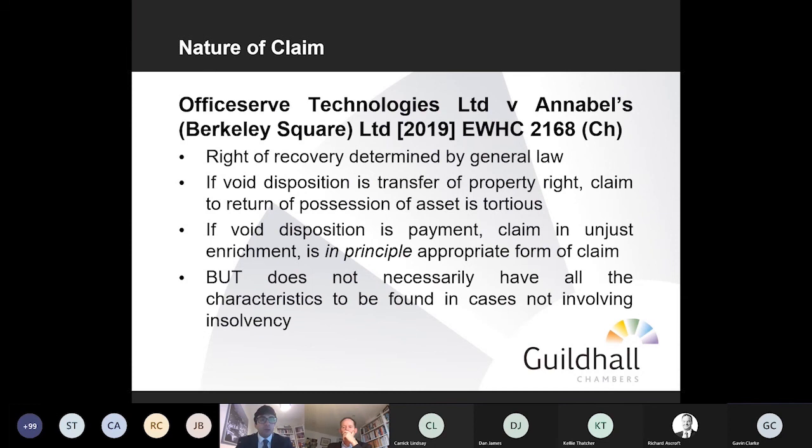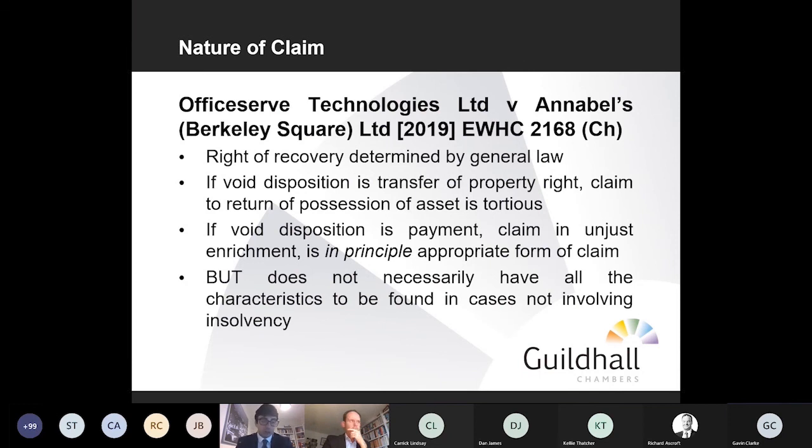In principle, what you will do is bring a claim in unjust enrichment, so that founds your cause of action. But the unjust enrichment claim itself has a slightly different character to an ordinary unjust enrichment claim, which doesn't involve insolvency. And it's difficult to put that slightly strange concept in more concrete terms or in less legalistic language. But I hope I can make the point good by looking at the defences that the judge said are available, because that informs how I think he intended to suggest that it didn't have all the features of unjust enrichment.